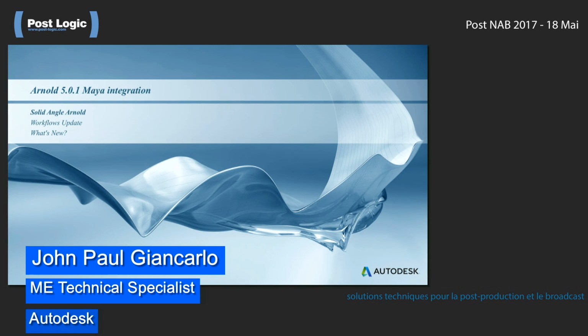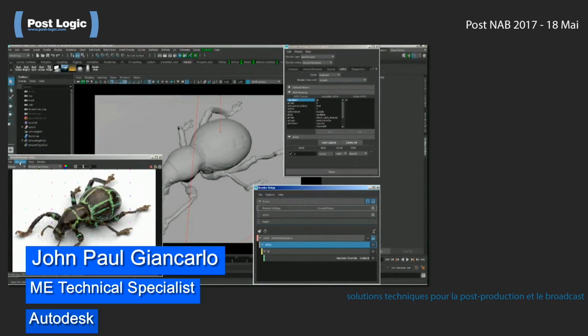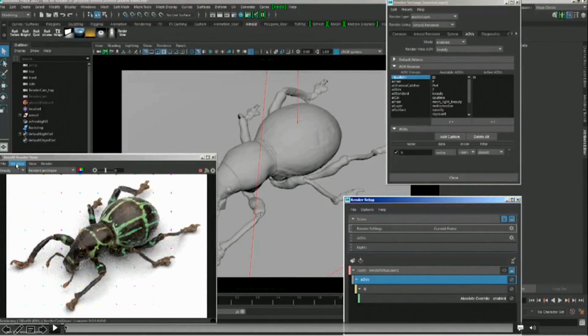So that was just a quick overview of what we've done for Maya on the update 3, but what I really wanted to do was to focus on Arnold 5. Now we have release 5.0.1 just to address some bug fixes and stuff like that. And I'm just going to go through a workflow update and what's new. We already seen on master presentation what's new with Arnold 5, so I'm just going to skip on that part a little bit. I'm just going to show you how the integration works